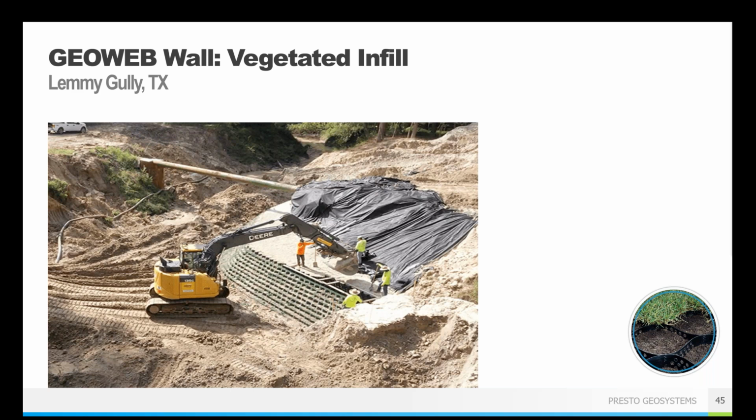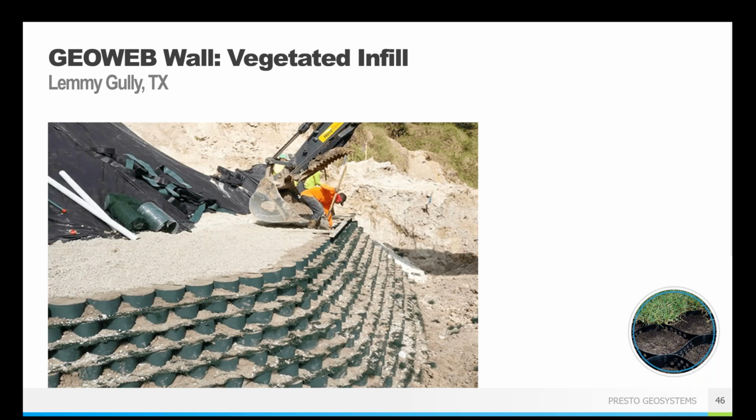You can see the layers going in here, and this is actually a pretty good picture to show if you are going to do a topsoil and vegetation wall, you want that vegetated green wall, you only put the topsoil in that front cell, in the very outer face of the system, where it's the darker brown here. That's going to be topsoil, and then the lighter gray is actually all stone, all aggregate. That aggregate allows for the water to flow through. It's nice and vegetated. It gives a little bit of a stronger structure because that stone can lock up against itself, whereas soil is naturally not as strong as stone.